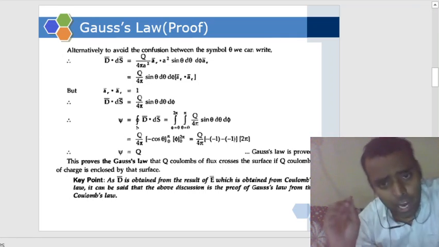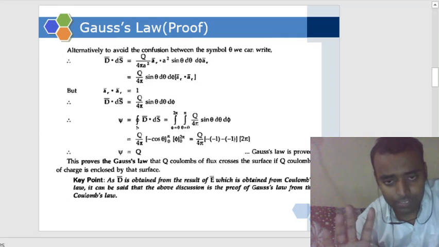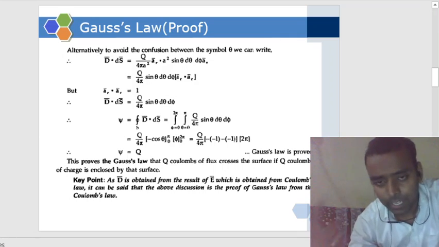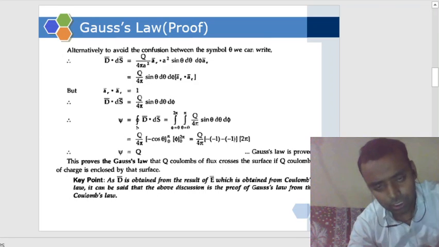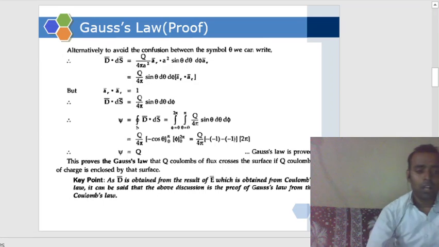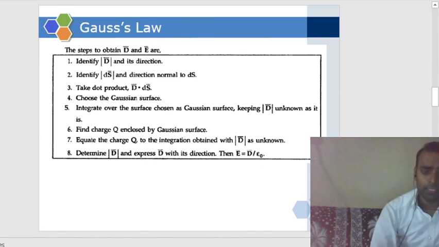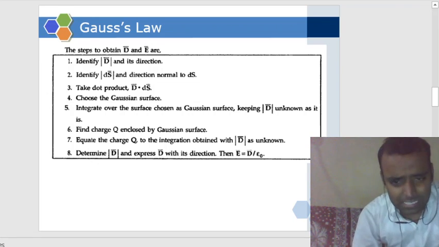So this is how we will prove Gauss law. What is Gauss law? The total flux coming out of a closed surface is equal to the charge enclosed by that surface. The charge can be of any distribution: point, line, surface or volume. Proof: you can use spherical coordinates, just cover that charge, find D, find ds, multiply them and you'll get this charge. So this is the proof. Now, in the application part, not in application, first let me tell you how to determine D or E.